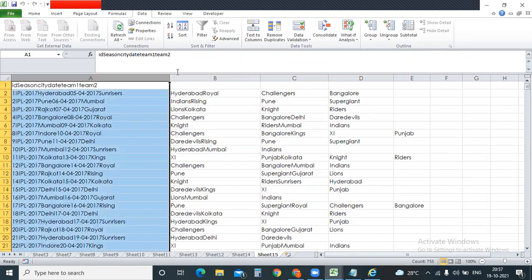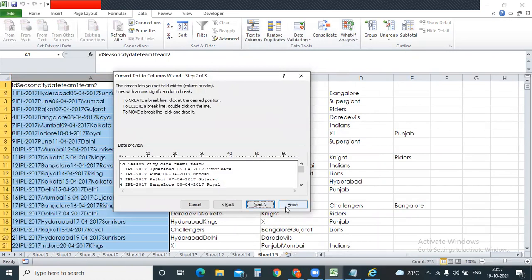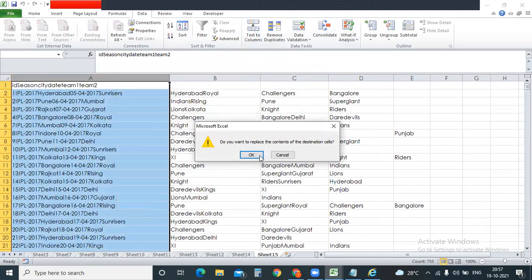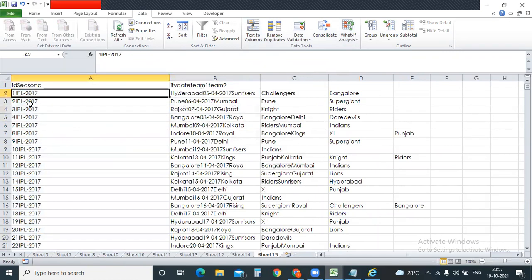So now here again you can use text to columns, as you can use fixed delimiter because there was some delimiter, right? So clear, click here, next, finish. So now it will be moving to the next one. Again, you can select something, fixed delimiter, you can use the space, all those things. So now this is more or less about data.